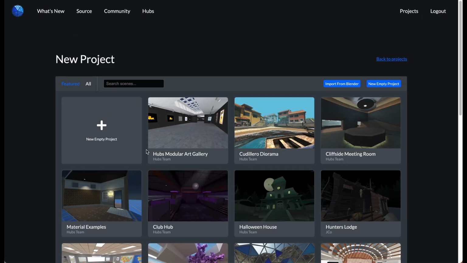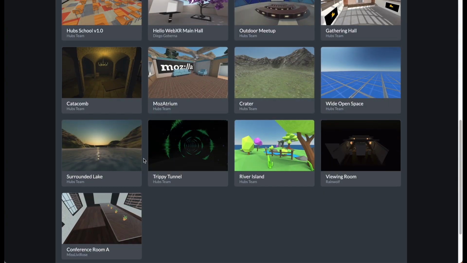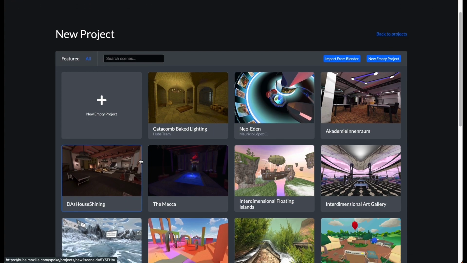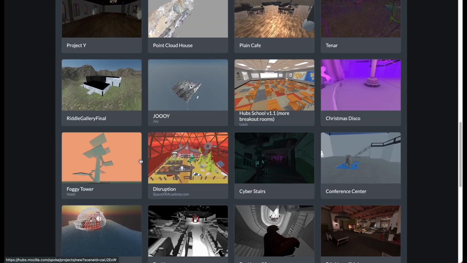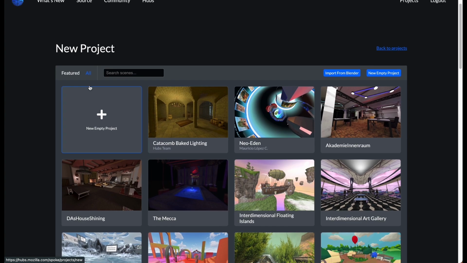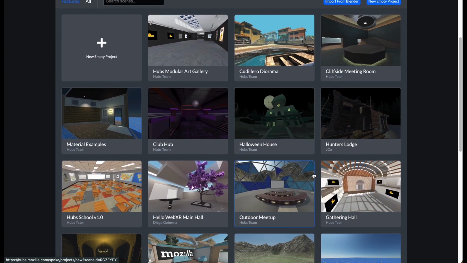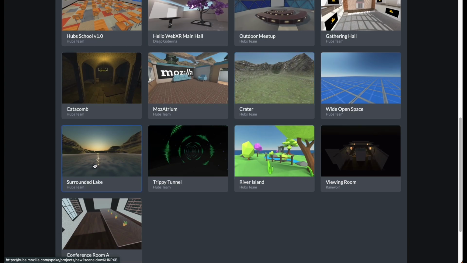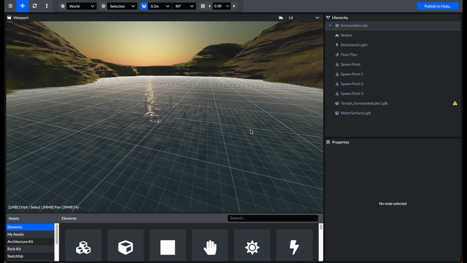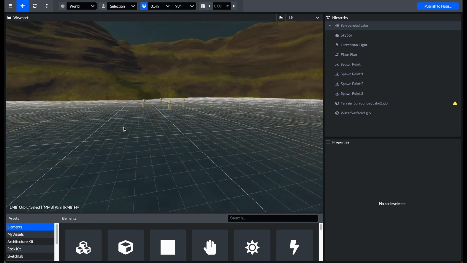Once you click on this, it's going to show you a list of options that you can start off with. These are the pre-made models uploaded by different people, and it allows you to speed up your process. For the purpose of this instruction, I'm just going to go ahead and start off using this available option called Surrounded Lake. So as you can see, it takes you to this blank space, but with a pre-made lake environment as